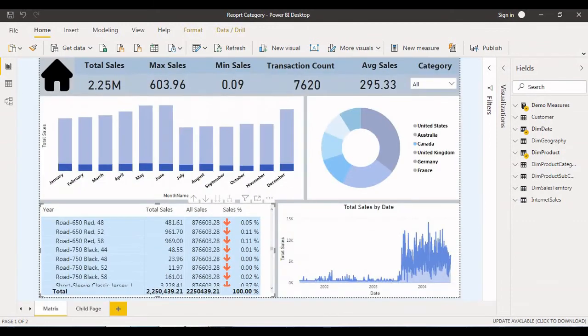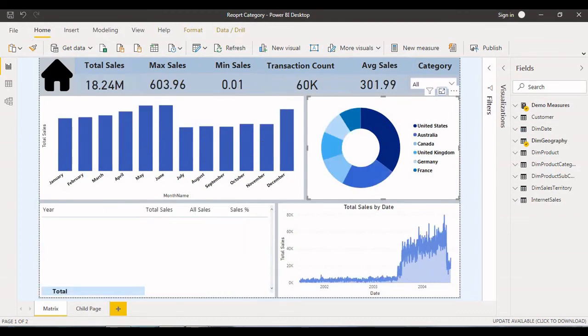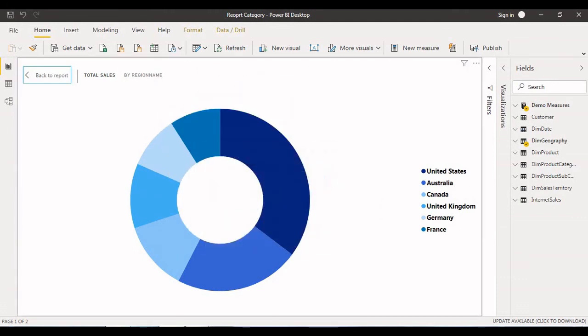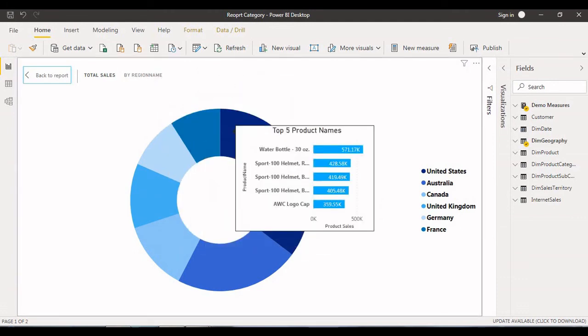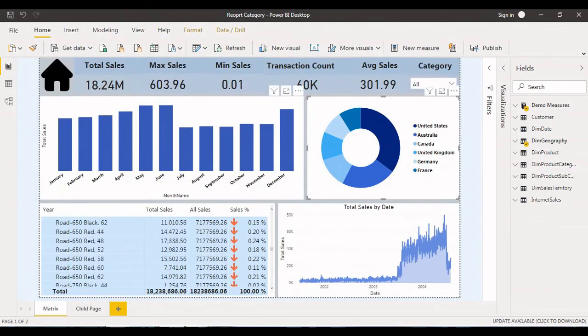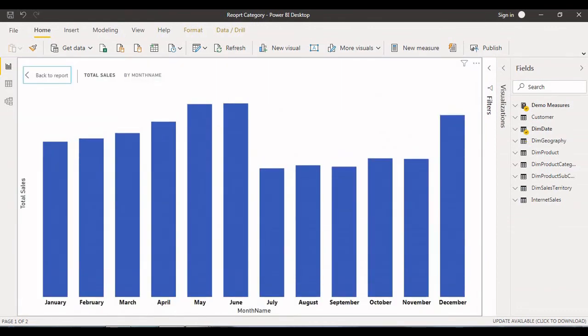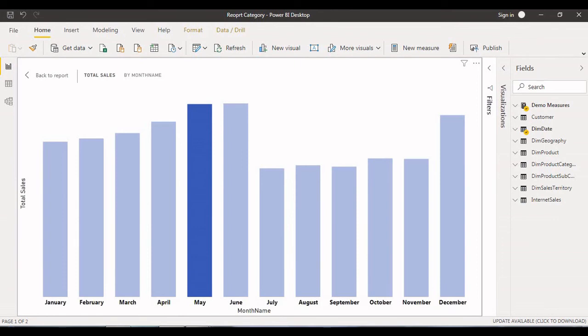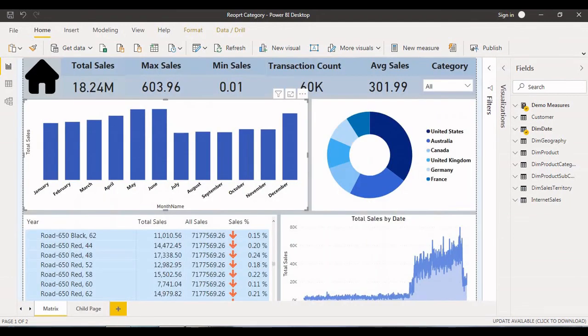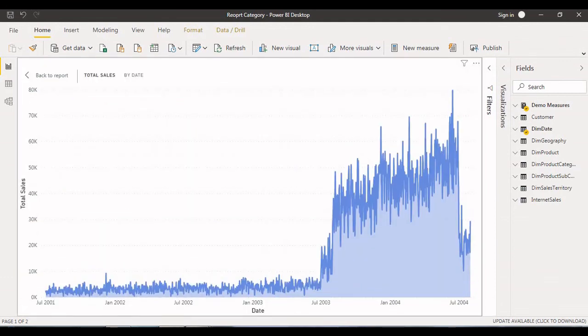Even you can click on any one and focus more. Now you can see, year wise and region wise, which products are doing well, and you can easily understand the product name. Here also you can focus more if you want. Each month wise, what is the sales amount: May month, June month, like that. Even if you want the date wise total sales, you can see that date wise.